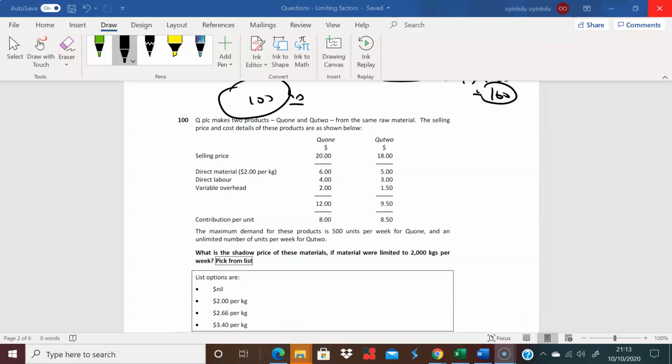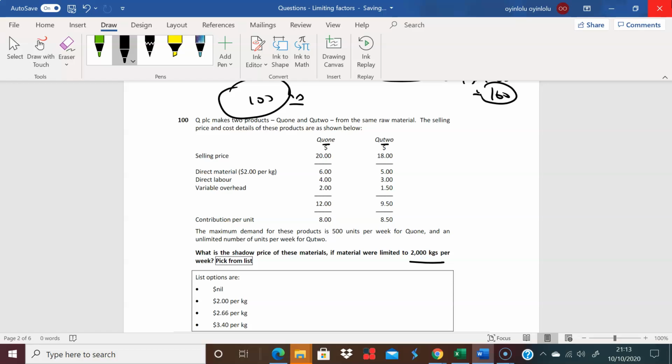Okay, great stuff. So question 100. I think I'll have enough space to write it here. Really, the issue here is that we have a limited amount of resource, and we almost need to find out what the optimal point is first of all, so see what's going on. So you have two products here, Q1 and Q2, and in terms of maximizing contribution, we want